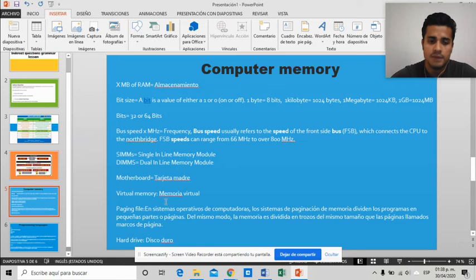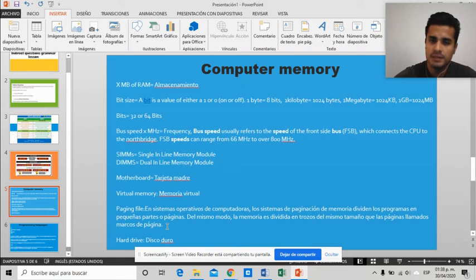Okay. Virtual memory, this is basically your memoria virtual. Paging file. So here we have a definition. This one's in Spanish, so you guys don't get confused. So it says, "En sistemas operativos de computadoras, los sistemas de paginación de memoria dividen los programas en pequeñas partes o páginas. Del mismo modo, la memoria es dividida en trozos del mismo tamaño que las páginas, llamados marcos de página." So basically, a paging file is like